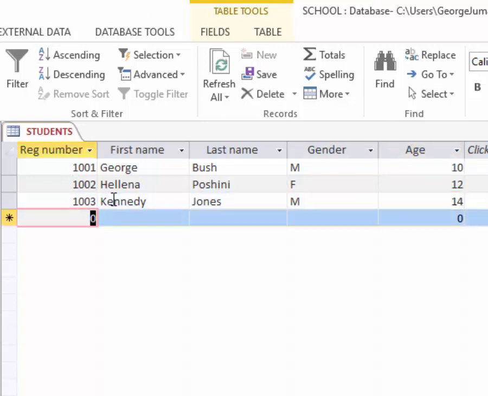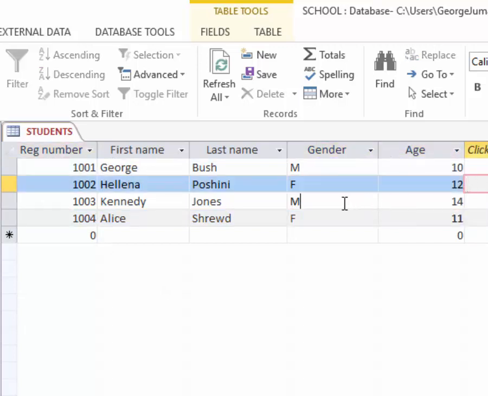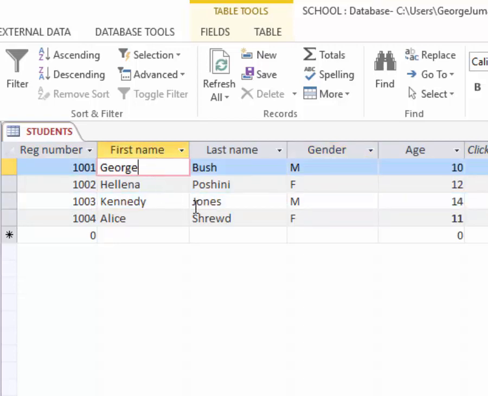Then I can have 1004, and is a lady called Alice Rude. And she is a female, age maybe 11. So you can see finally I have a table which I have created in MS Access, and